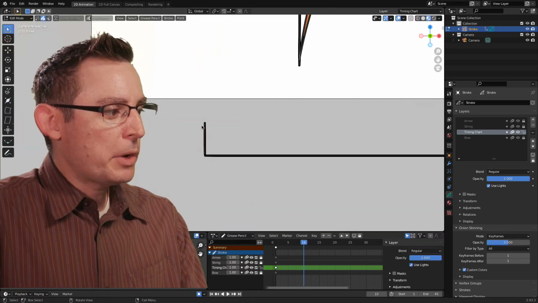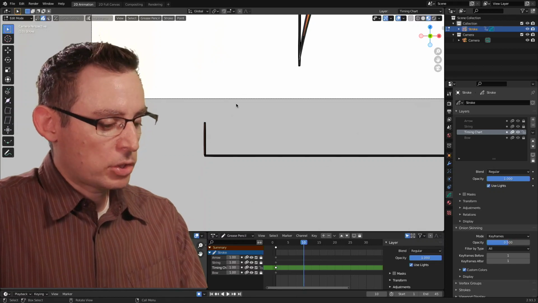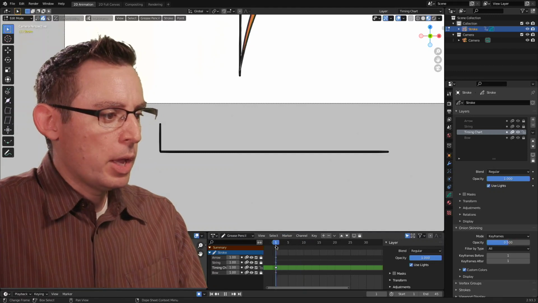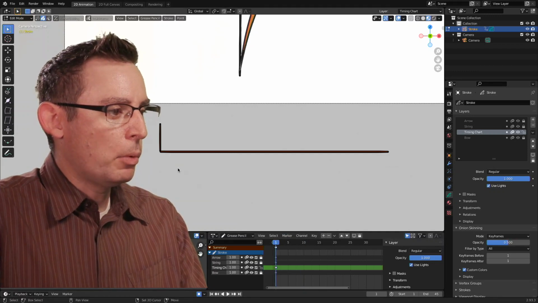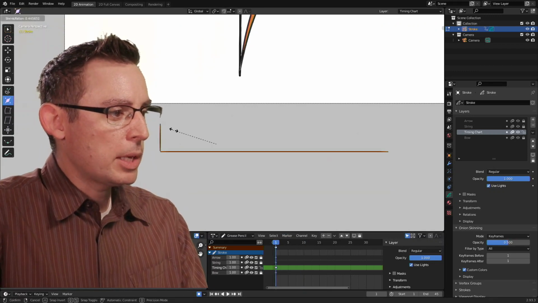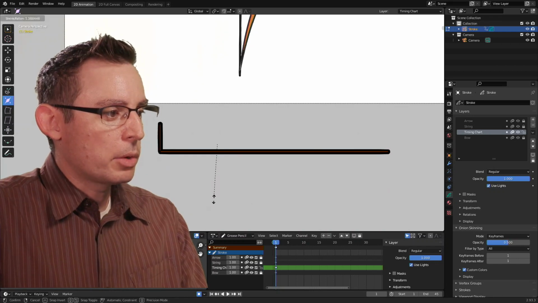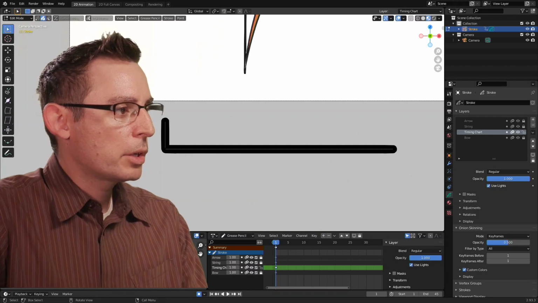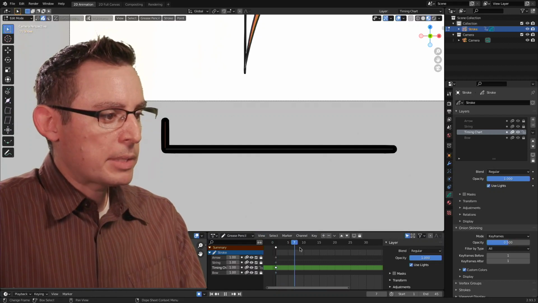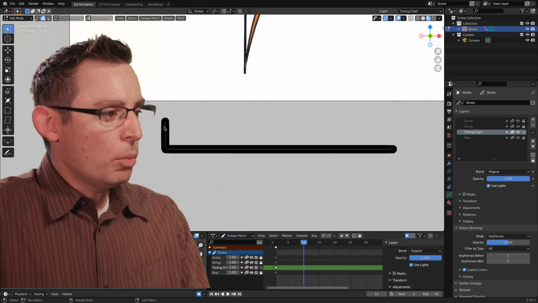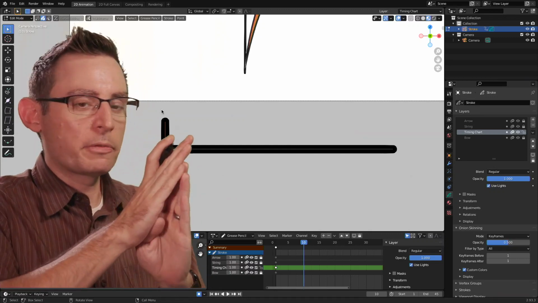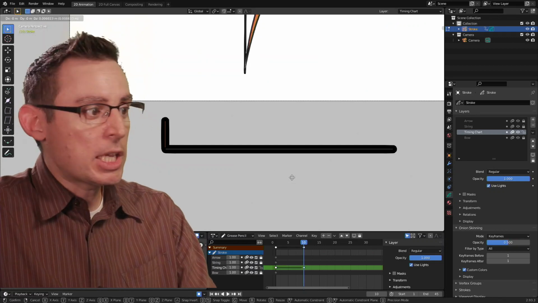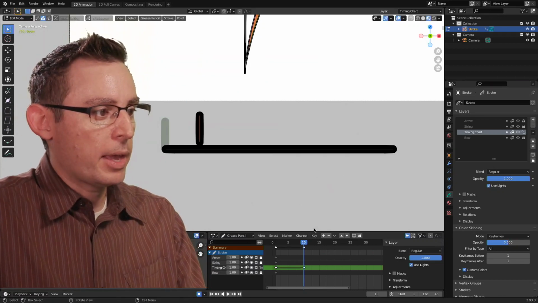In edit mode, I can very quickly grab and select that stroke. You know what I'm going to do, and I apologize, I'm going to return to frame 1. I'm going to increase the radius on both of these strokes just so it's a little bit easier for you guys to see what's going on. Yeah, there we go. Let's return to the box selection tool and advance my playhead back to frame 10. So with my first vertical ruler selected, I'm going to move it. And the G key, of course, is going to allow us to grab that object.